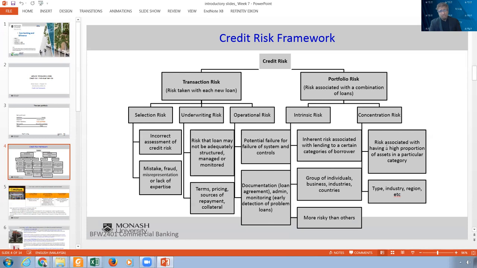For example, there were some banks in Hong Kong, I think in the 90s, that defaulted because 80% of their assets were in 3 or 4 companies working in the housing industry. When there was a housing bubble, those customers defaulted, and of course the bank defaulted. So this is what we call concentration risk. There is no diversification in your assets. And it's good when the industry is good, but when it is bad, it will lead you to this problem. So this framework gives you some background.